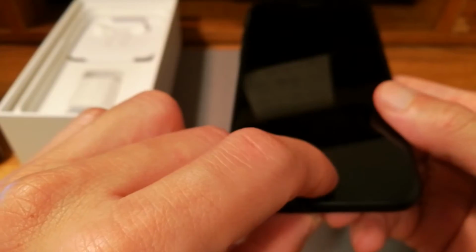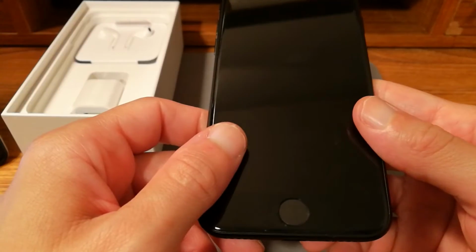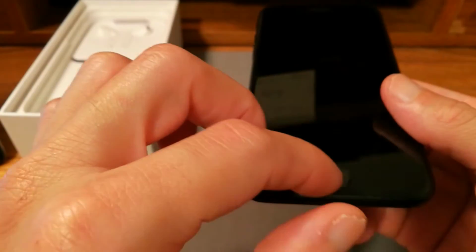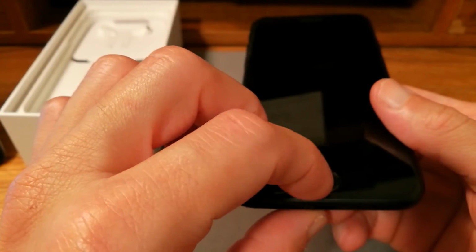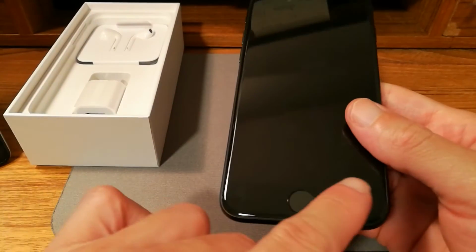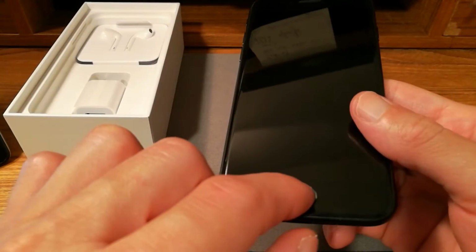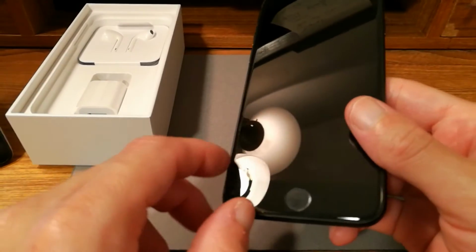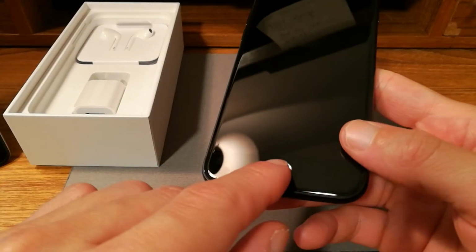It does nothing. Now, the interesting thing is, I played with the 7 Plus in the AT&T store, and that button is a touch capacitive button. You can touch it, push it, and there's activity that happens. It actually presses down, but it's like the whole bottom of the phone presses down or clicks. It's not like if you push the circle, then you're pushing that actual button. It's like the whole bottom of the phone clicks. I'm not exactly sure what that particular feature is for. But I know that on the 7 here,